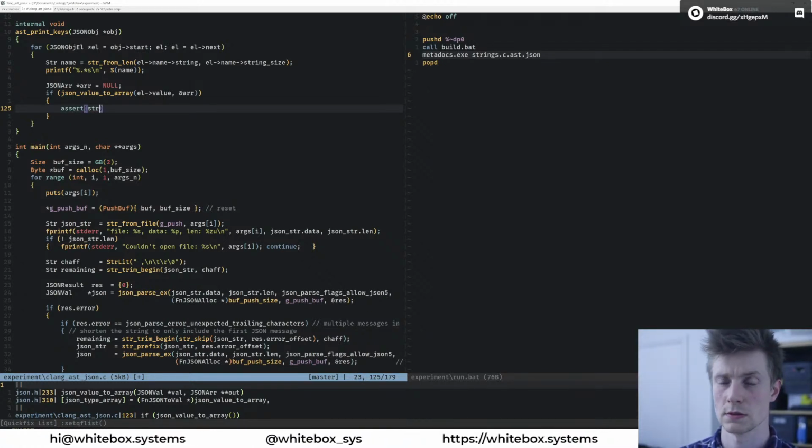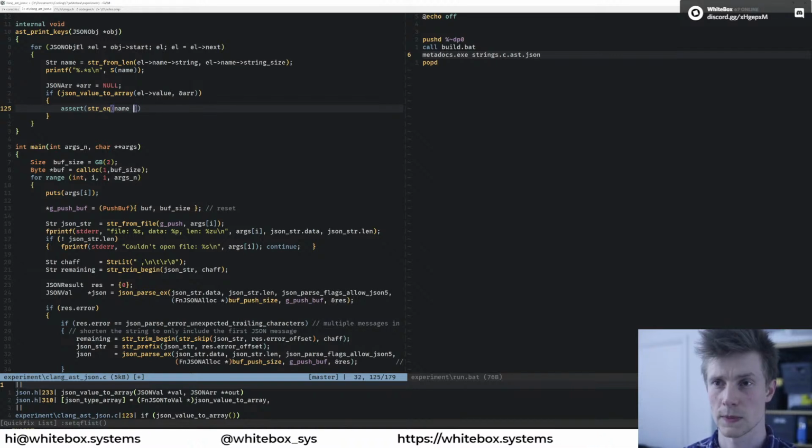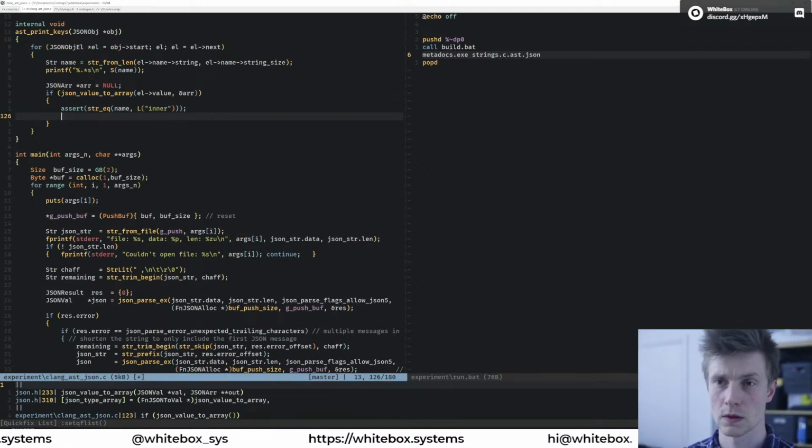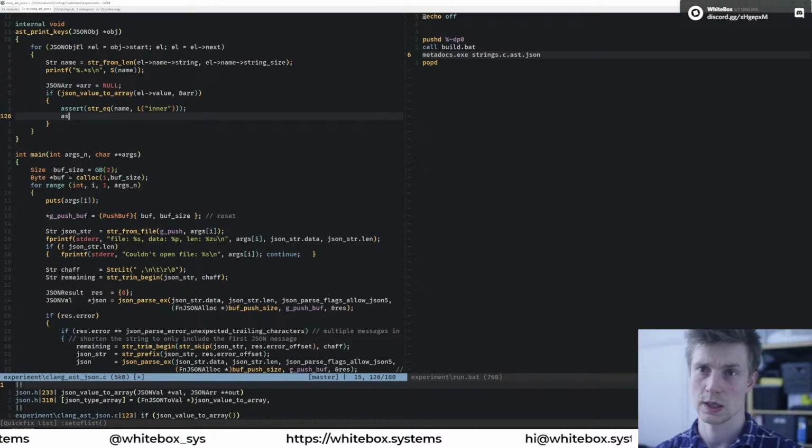Assert that the name is equal to inner. And then